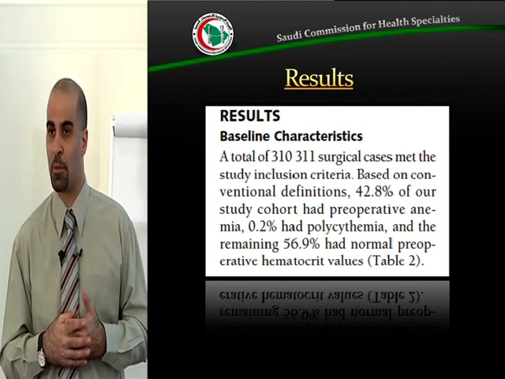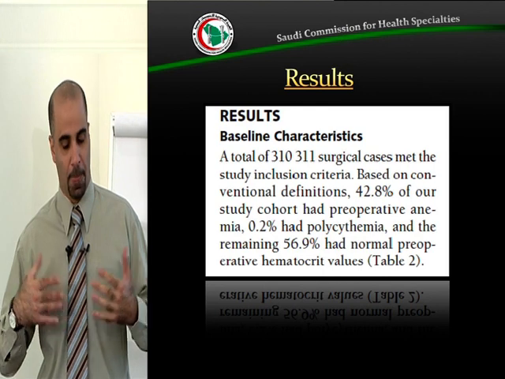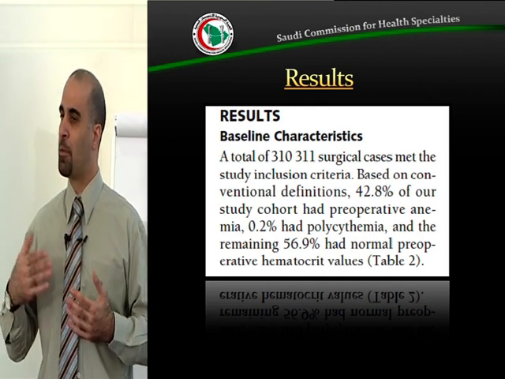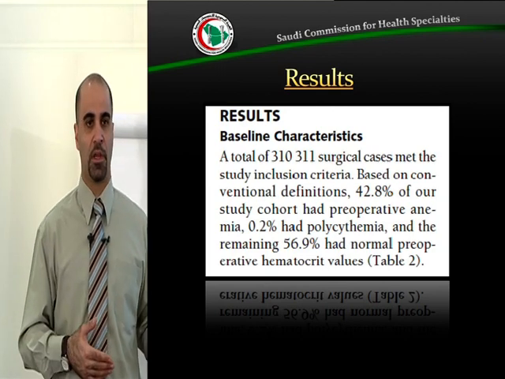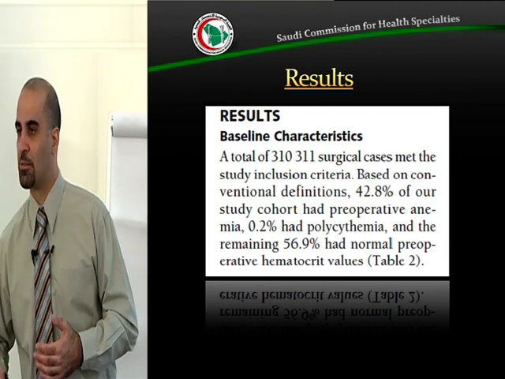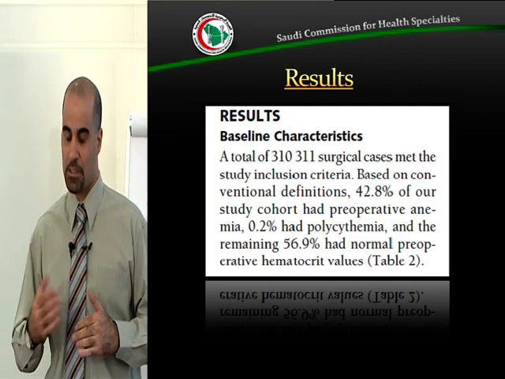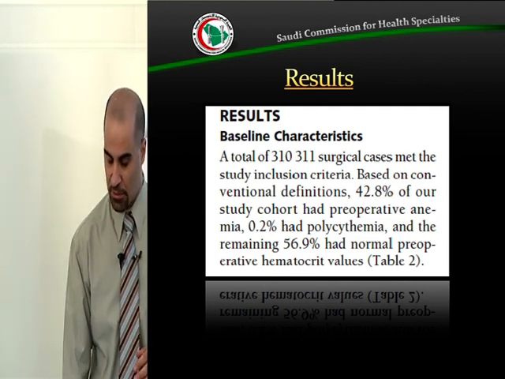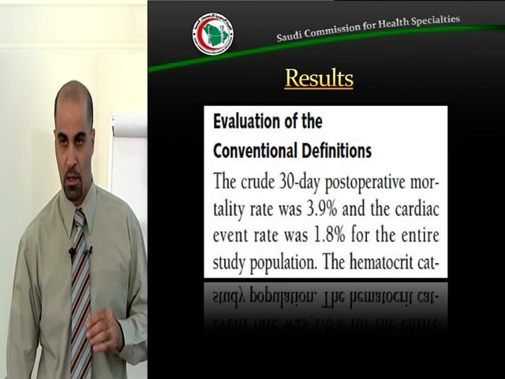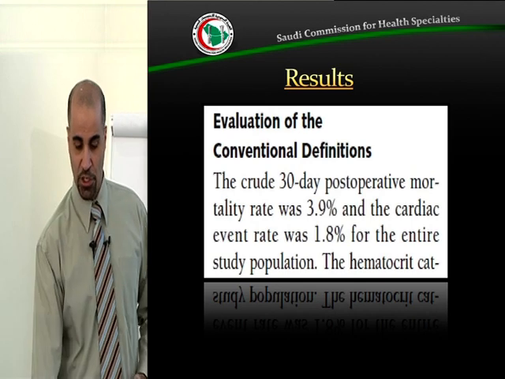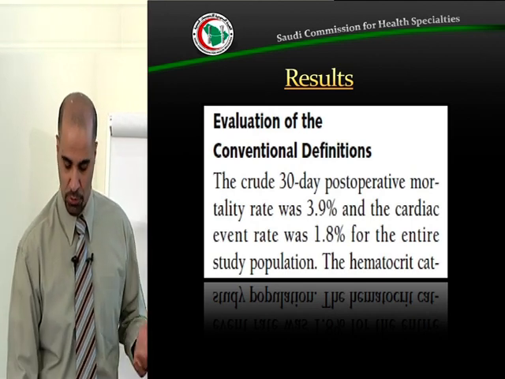The first thing that you would like to highlight or understand from the paper is a description of the sample. So how many patients were included, how old are they, what was their distribution in terms of gender and underlying diseases, and so on and so forth. So baseline characteristics is where you summarize or read about the information of the sample. Evaluation of the conventional definitions, in other words, in this case,